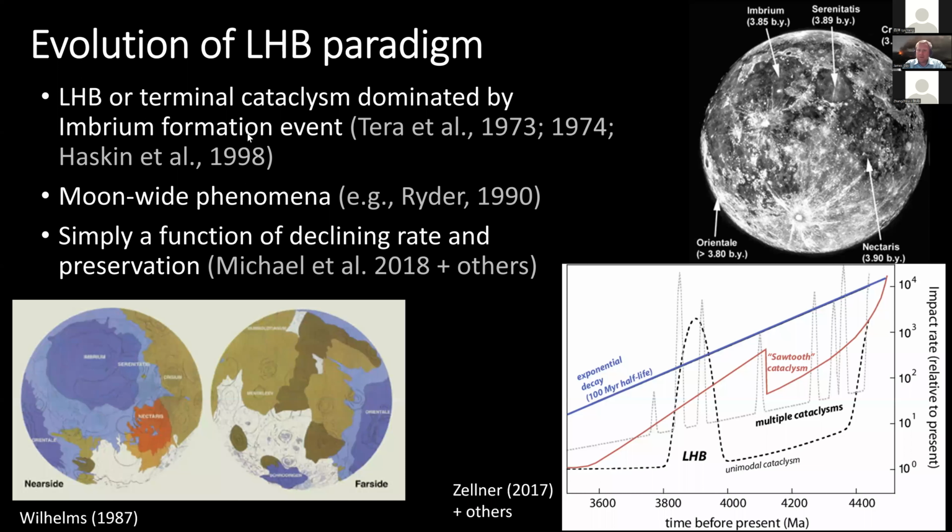And one way of looking at and thinking about this is to look at the impact rate on the diagram shown on the right here versus the time before present. So this is the beginning of the solar system at 4.568 billion years or so ago. And this is going up to about 3.5 billion years. And you can see that there are these various ideas. So one idea is that there was an exponential decay in impact rate. That's essentially the number of impactors that were available in the inner solar system to strike the inner planets decreased as a function of time. Another idea is that you had a sawtooth cataclysm, the idea that you might have had a